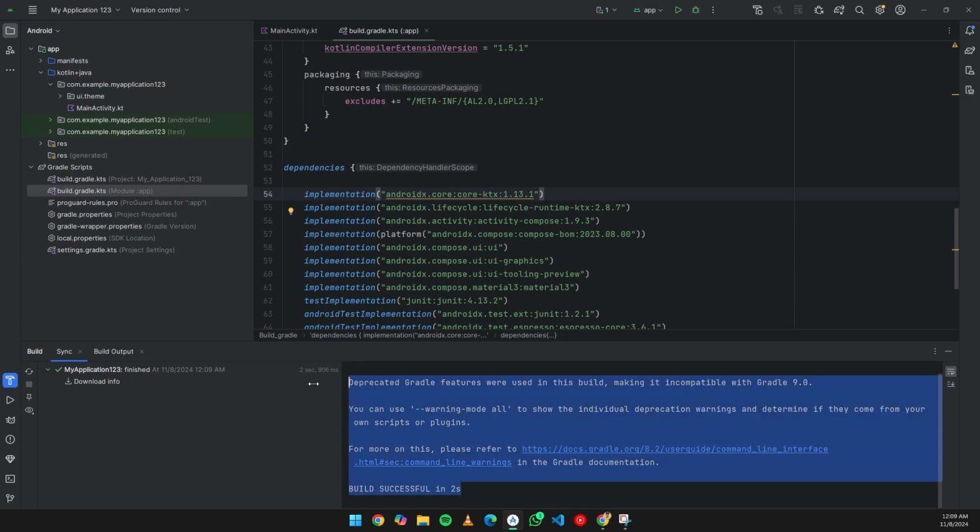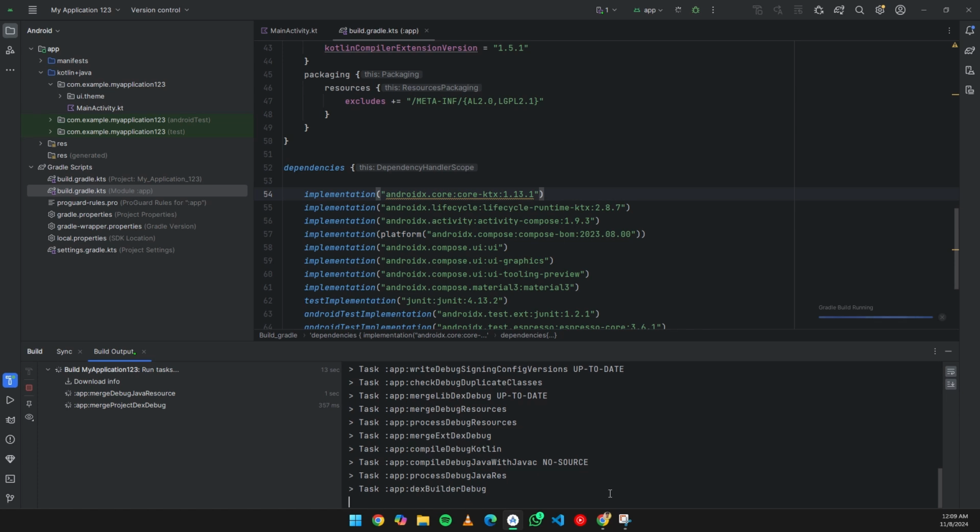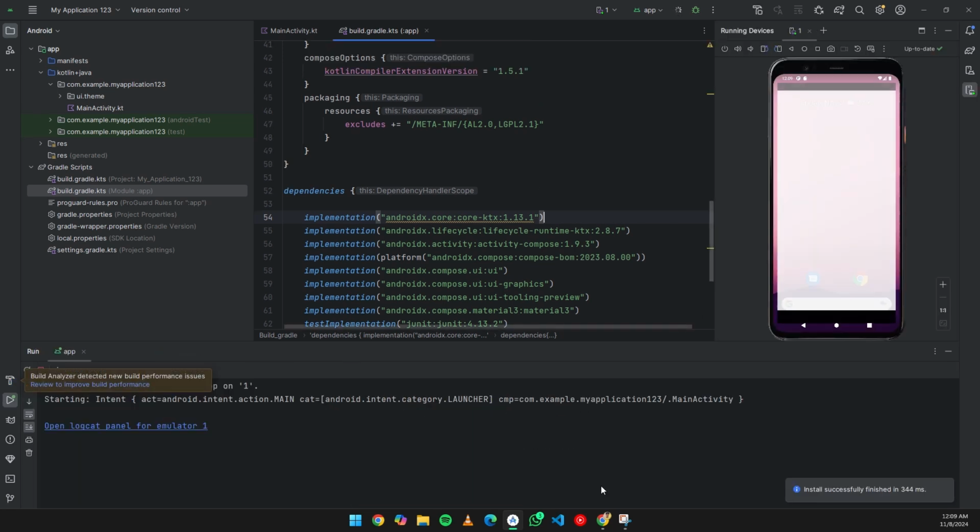We can see it in the emulator. So as you can see, we have successfully